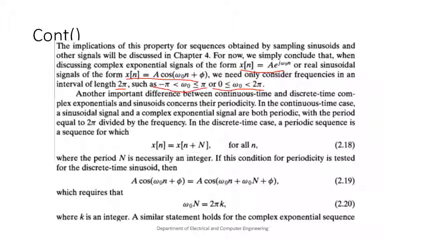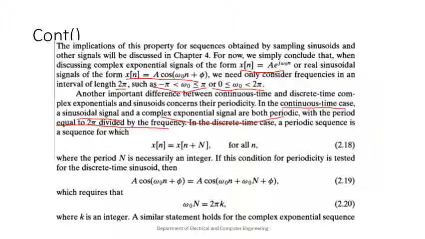is indistinguishable. Another important difference between continuous time and discrete time exponential and sinusoidal signals is their periodicity. In the continuous time case, sinusoidal signals and complex exponential signals are both periodic. We always say that this sinusoidal signal is periodic with the period equal to 2 pi divided by the frequency. In discrete time, a periodic sequence